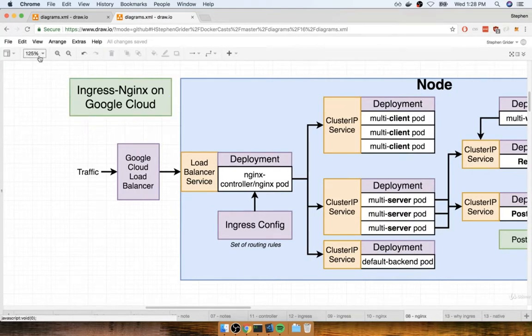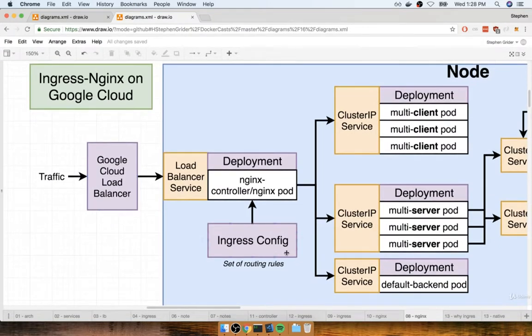So here's what's going to happen. Again, you and I are going to make an Ingress config file, and that's going to describe all the routing rules that should exist inside of our application. This config is going to be fed into a deployment that is running both our controller, the Ingress controller, and an Nginx pod. And that Nginx pod is what's going to actually take incoming traffic and route it off to